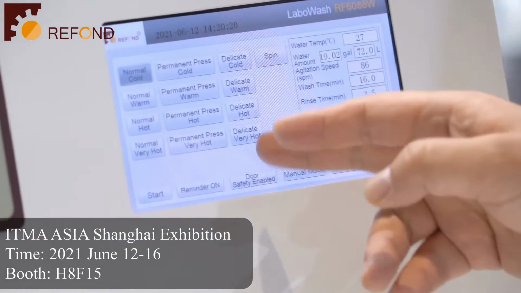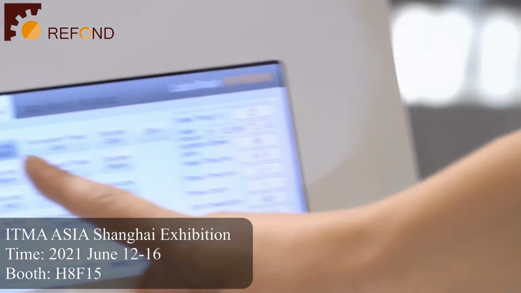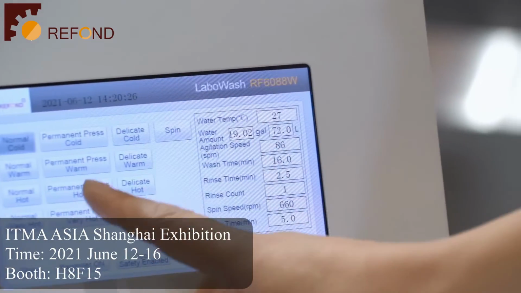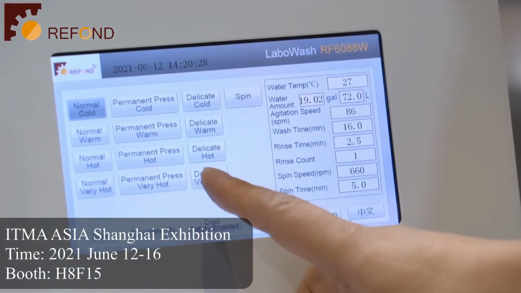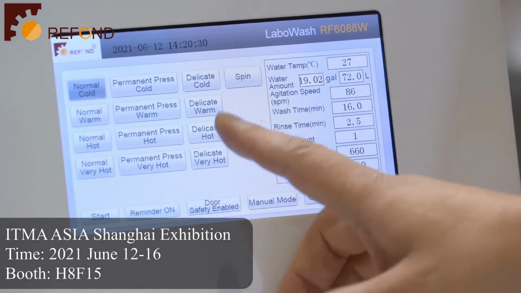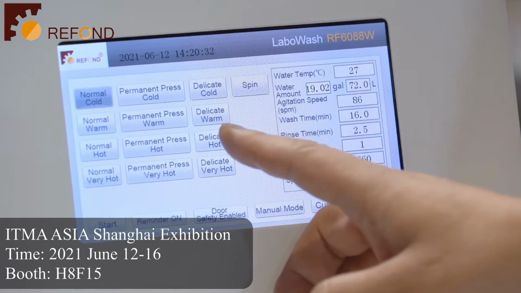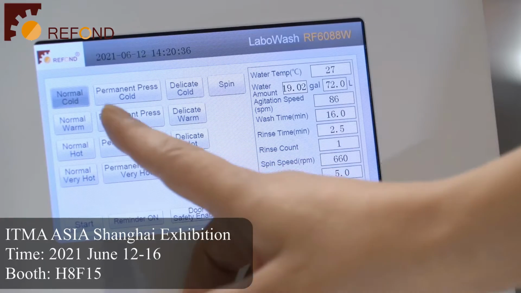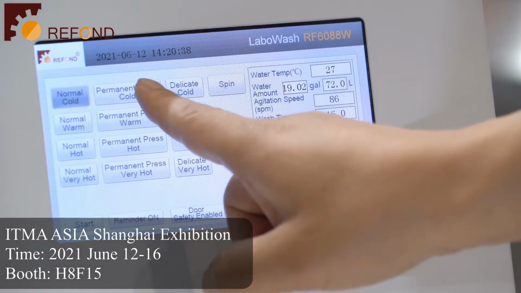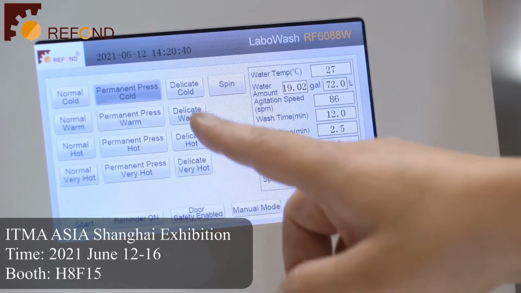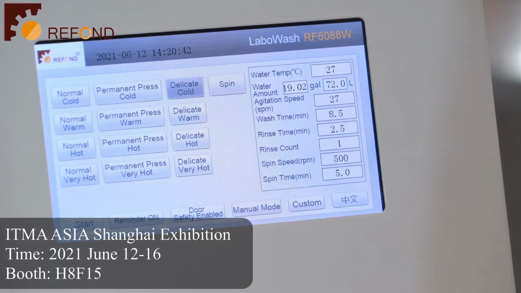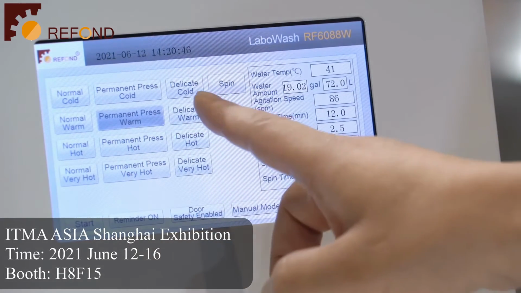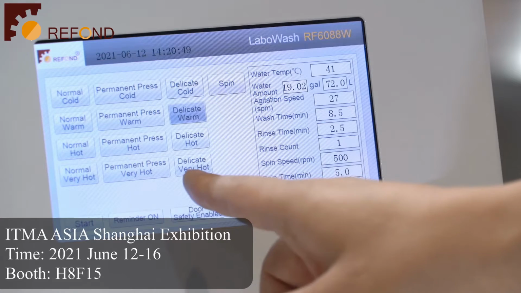This is the touch screen. You can see these are the standard testing programs, which conform to the AATCC laboratory procedure 1, table 1. The normal cold, permanent press cold, delicate cold, normal warm, permanent warm, delicate warm. All these